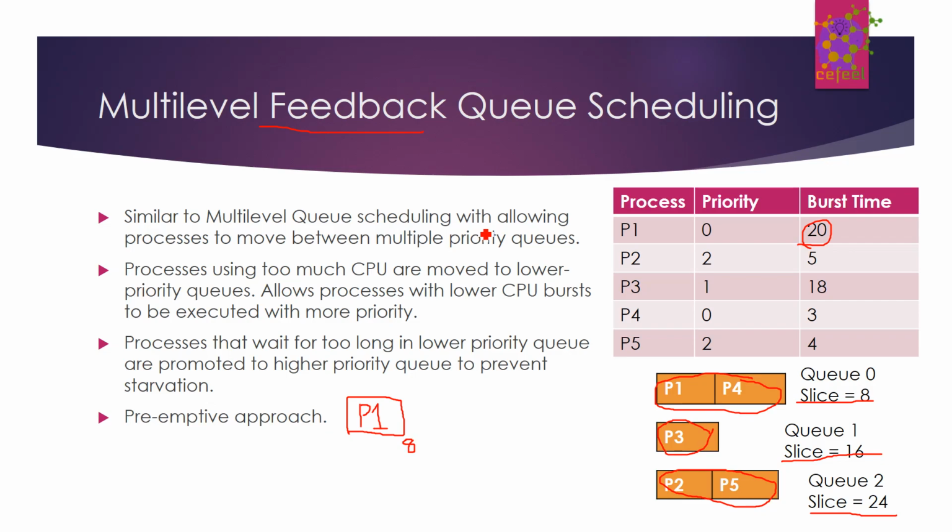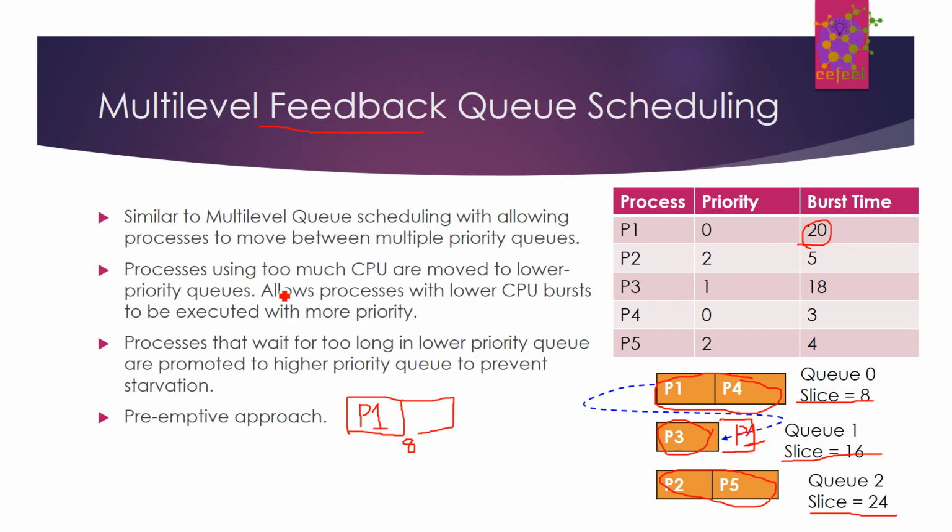But then what happens next is, once P1 is completed, P1 will not go back to Q0 because it has already used the CPU. We will take P1 and assign it to the tail of Q1, so we'll decrease its priority and assign P1 to the next queue. P1 is here,